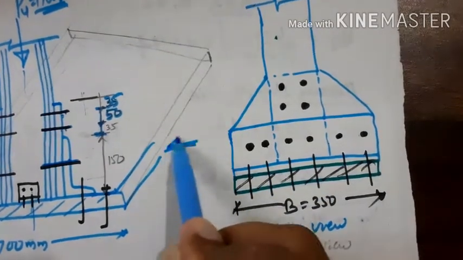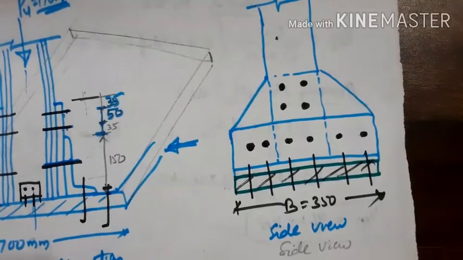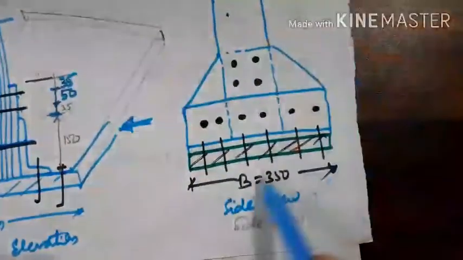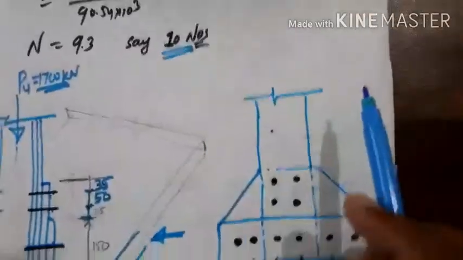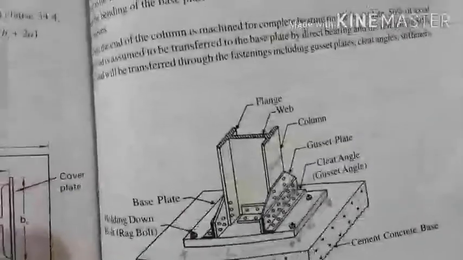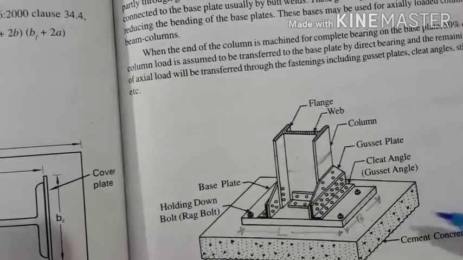When you look from this side, this is the front view, the elevation. This is the side view. When you look from this side, you can see this pattern of the bolts. Okay, so here, this one. When you see from this side,